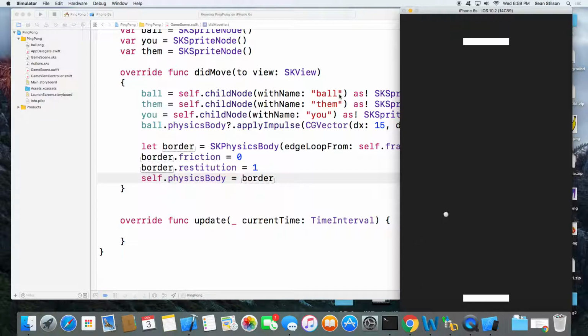So now you can see the ball bouncing around. Can't do anything yet. That's coming next. Ooh, that's kind of fun. What it does is it applies the initial force vector, and then because it's got restitution on both the ball and on the border that we created, it uses the physics body to actually apply the correct vector force. So it's going to just keep bouncing off objects.